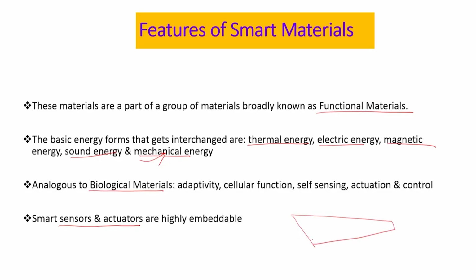The advantage is that I can have a lot of these smart sensors embedded inside the aircraft wing, and since each one of these sensors can convert mechanical energy to electrical energy, at different points you can measure the change in the mechanical system, like what is the stress that is developing, the change of the stress dynamically, and convert it into electrical